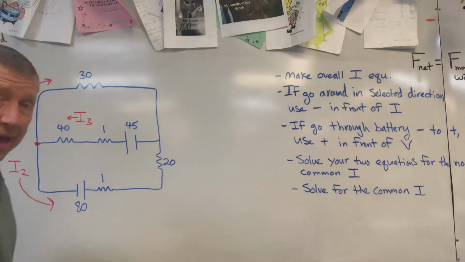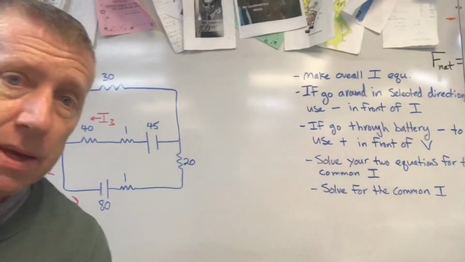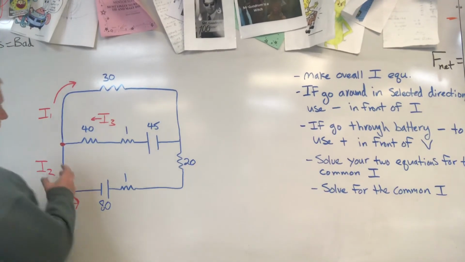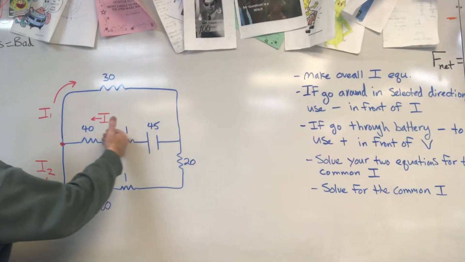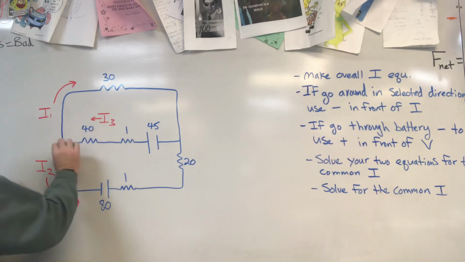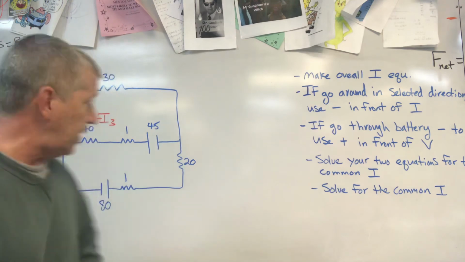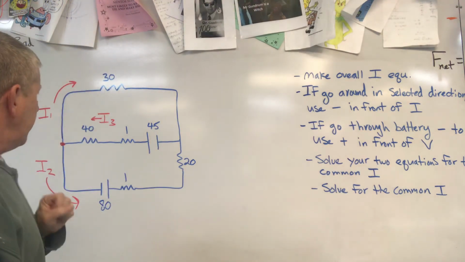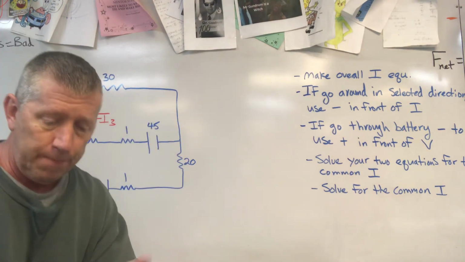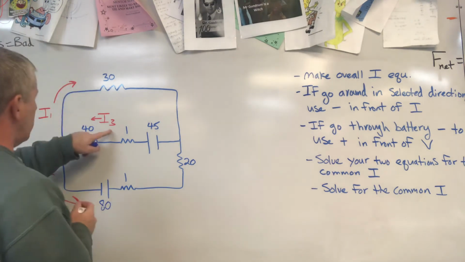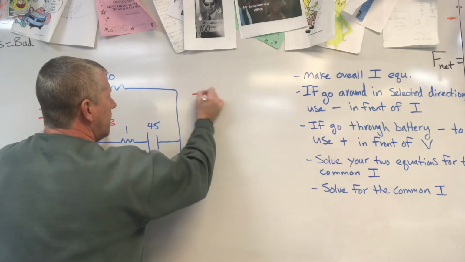Okay, so now what I have is this current coming down this middle line. See it? I had it going to the left, and it splits. So what would be true? Let's make an equation that represents the I's that would represent the overall flow. And that would say that, okay, the overall, then I3, in the way I set this